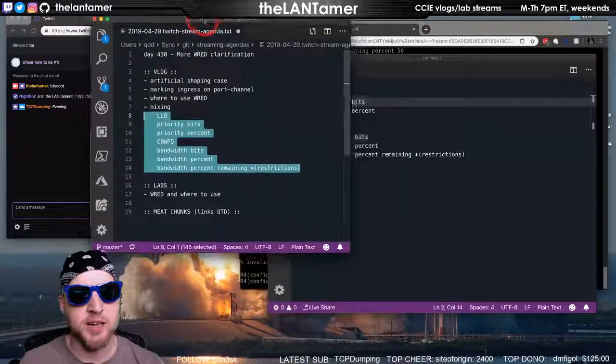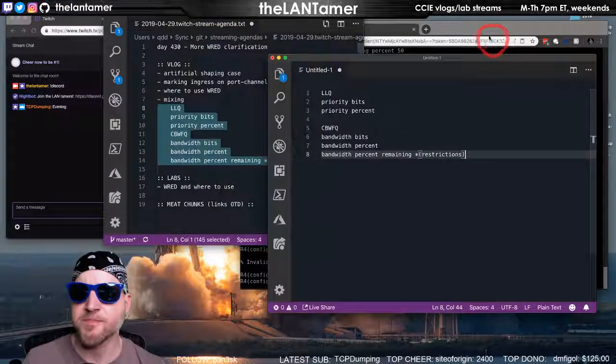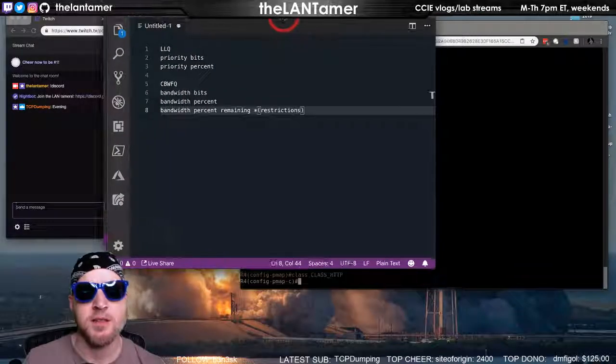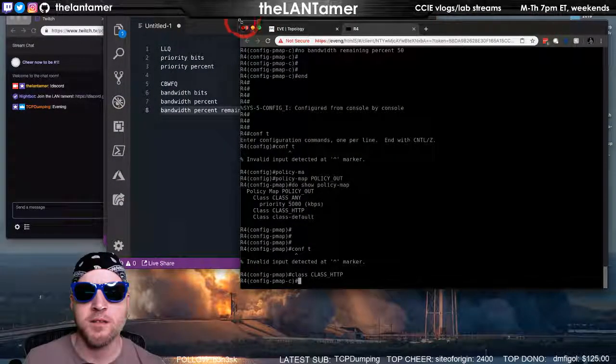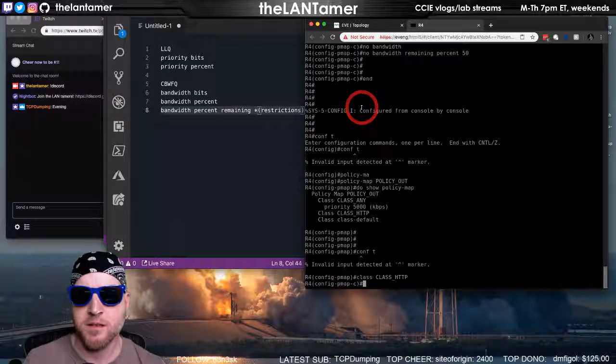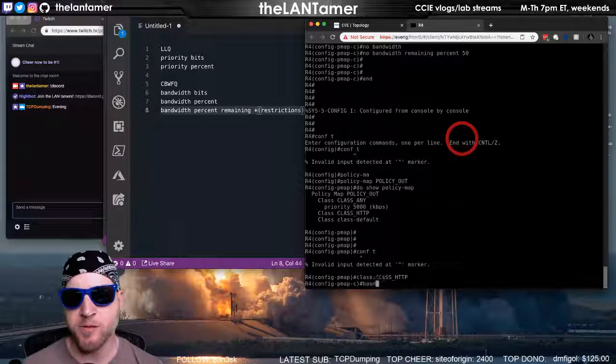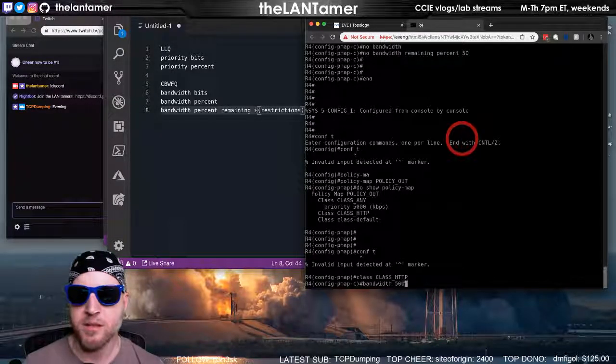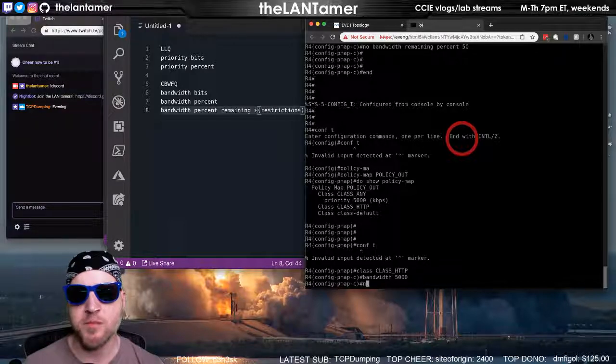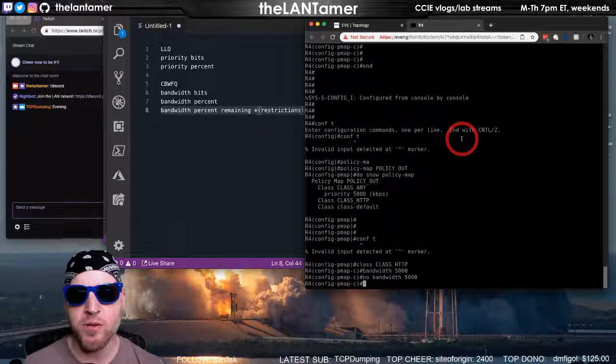So I should be able to do bandwidth in number of bits. Yeah, no problem. With priority, I don't think it's going to let me.